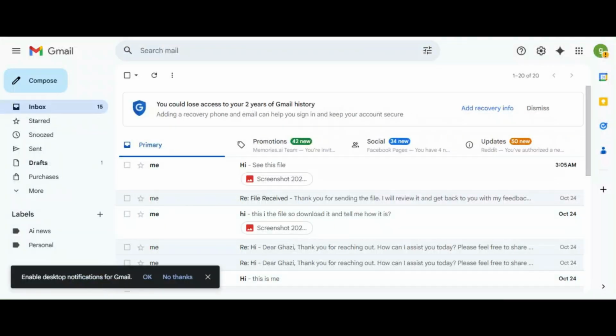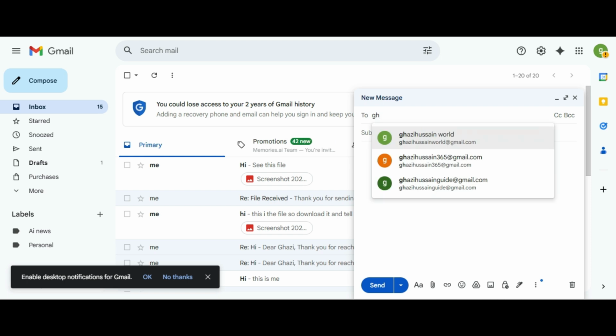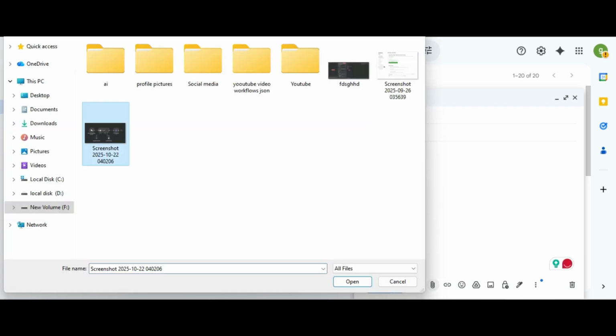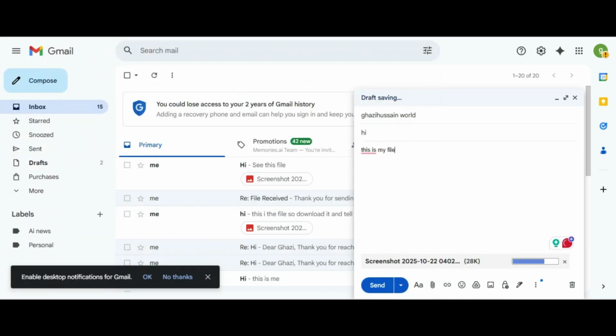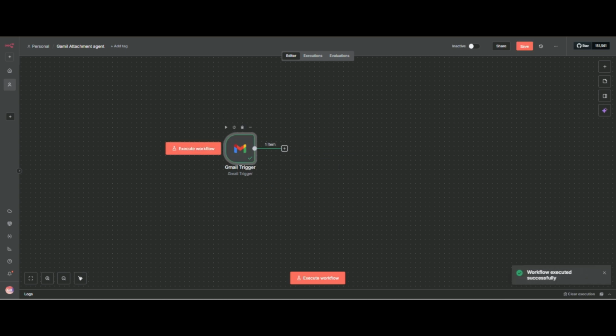So I will write an email. Hi, this is my file, and I will attach the file, and I send it. Now I will execute this.